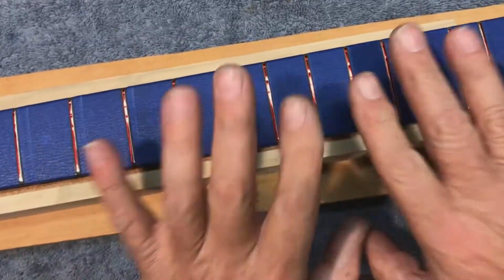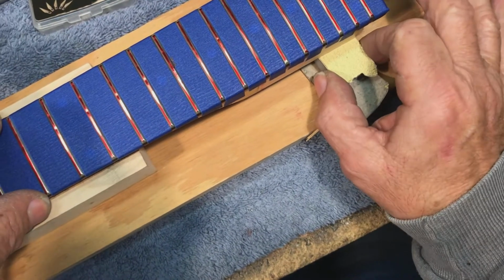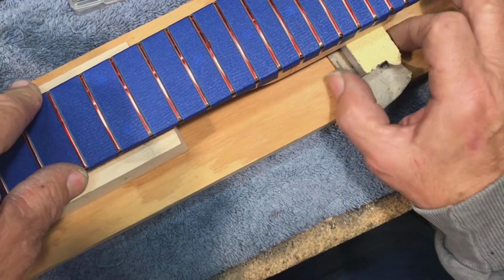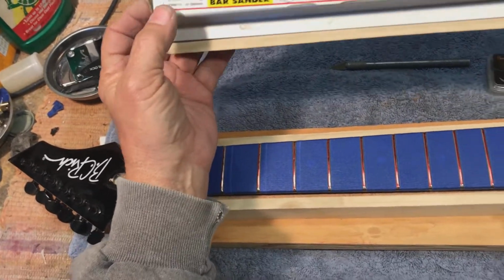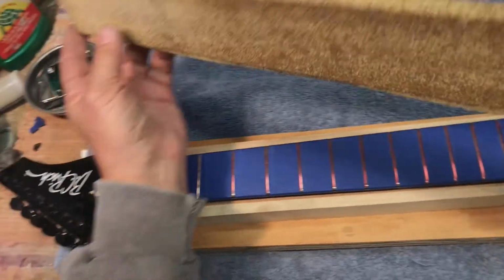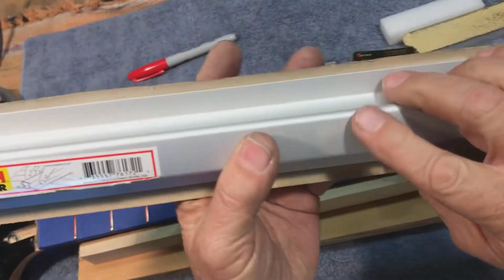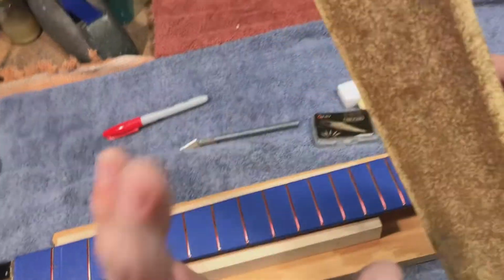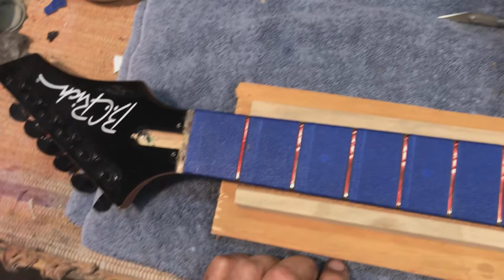Okay, so now I've got the neck dead level by itself. I've got it on a board. It's fully supported from here to here with one of my Delrin blocks and a couple bits of sandpaper. And I'm going to start off with a Great Plains Easy Touch bar sander. This is for sanding airplane wings perfectly flat. This is a nice aluminum extrusion, and I've got some 60 grit sandpaper on here,